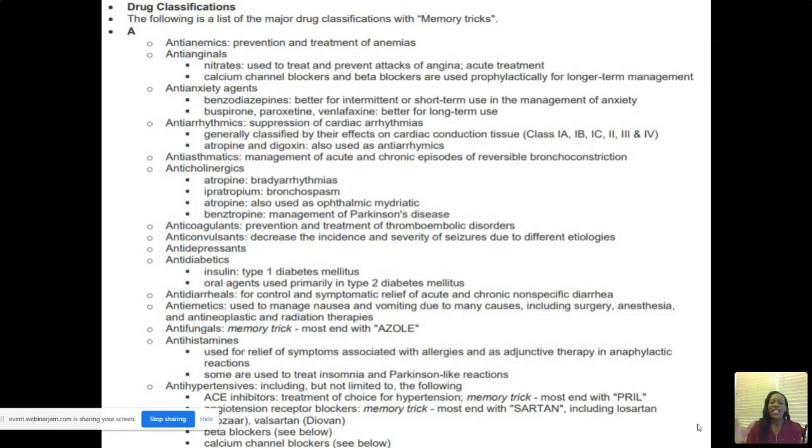So here's a list of your drug classifications. You need to go through that list. Most of the drug classifications, their names tell you what they do, which is great. Not all, but most of them. The name tells you what they do. For example,